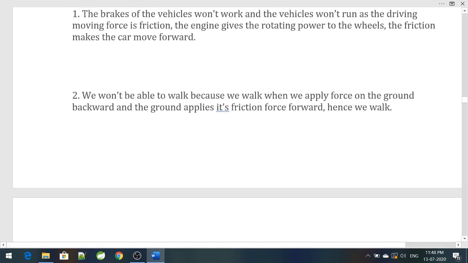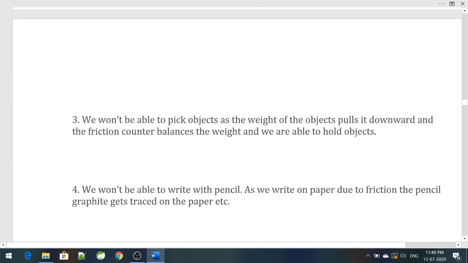We won't be able to walk, because we walk when we apply force on the ground backward and the ground applies its friction force forward. Hence we walk. We won't be able to pick objects, as the weight of the object pulls it downwards and